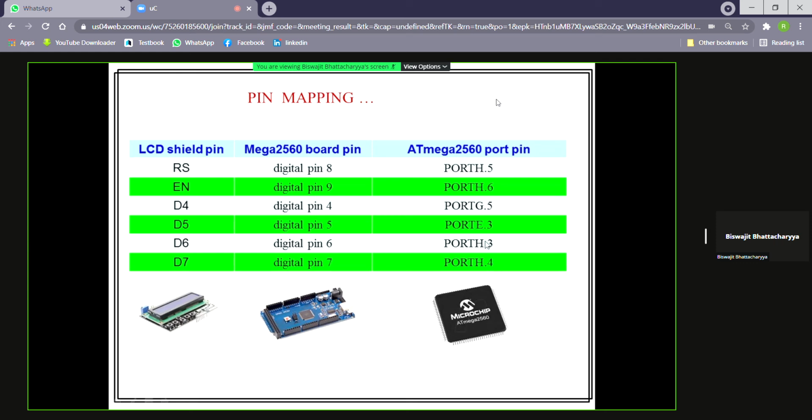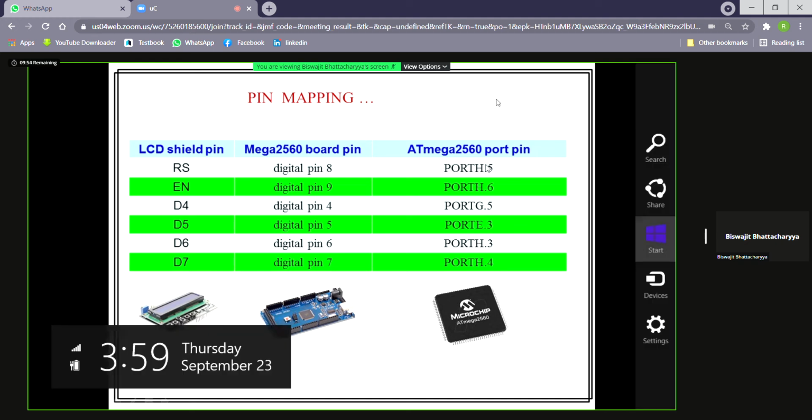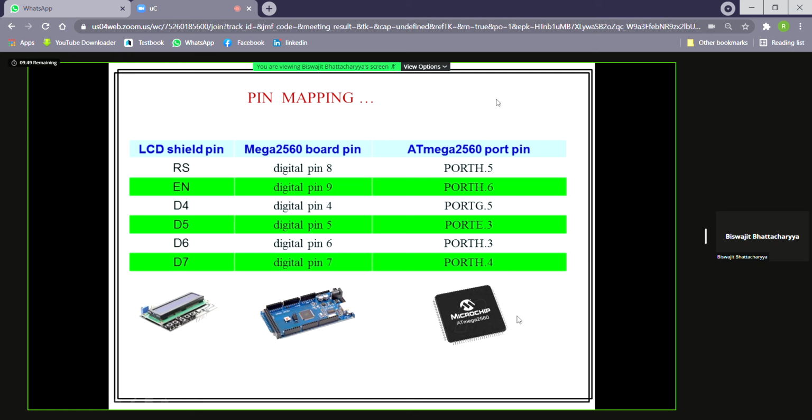You see, a single port is not dedicated actually. They are not connected to all such 6 pins. There are different ports, port H, port G, port E. Some of the pins are used, not all the pins. That creates some difficulty in programming. But we have nothing to do, we have to accept the situation.